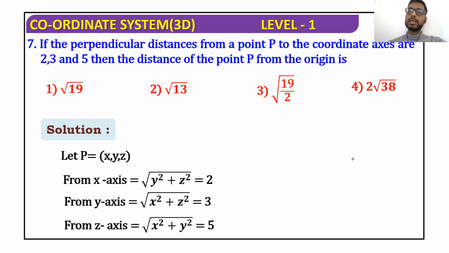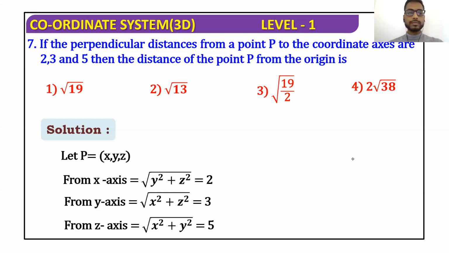Sometimes there might be a word ordinate. So ordinate means your y-axis or y coordinates. When it is coordinate axis, it means your x and y in 2 dimensions or your x, y, and z in 3 dimensions. So x coordinates is your abscissa, y coordinates is your ordinate. Only ordinate word would be, coordinate word would not be present. So if coordinate word is present, it means both your x and y axis, and in 3D, your x, y, and z axis.